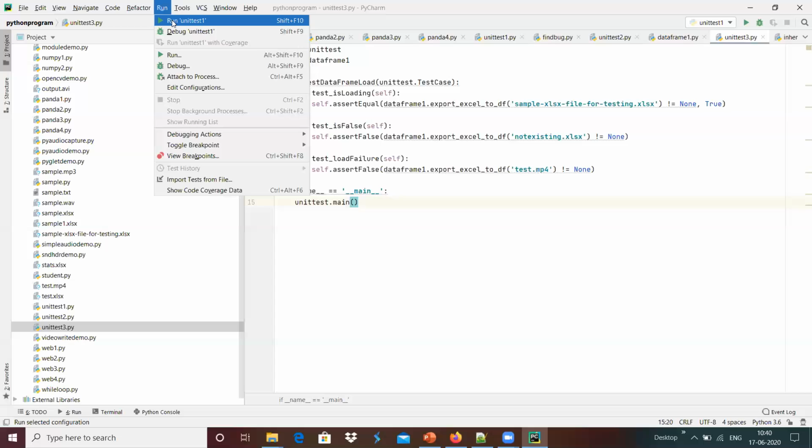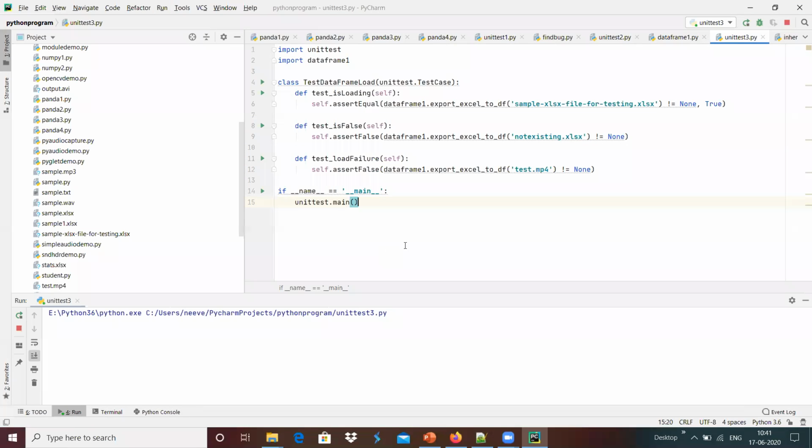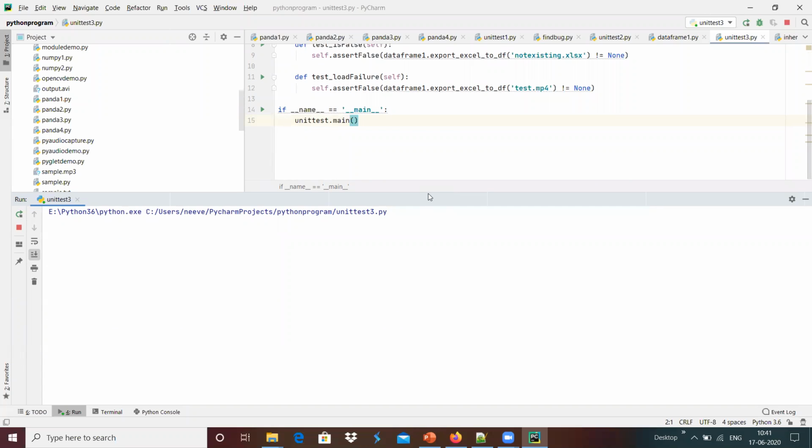Now, whenever we run, maybe we go up to unit test 3 over here and run. It's loading.